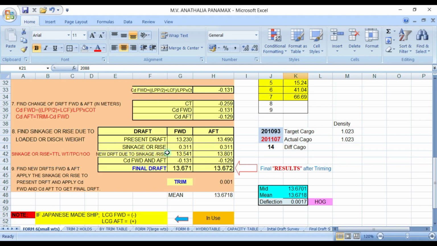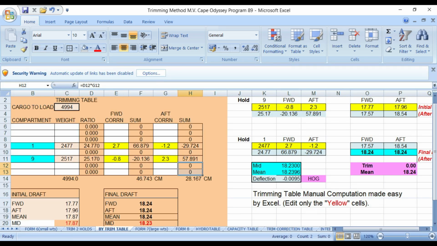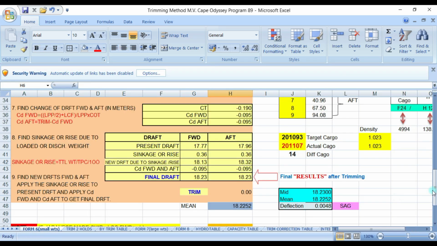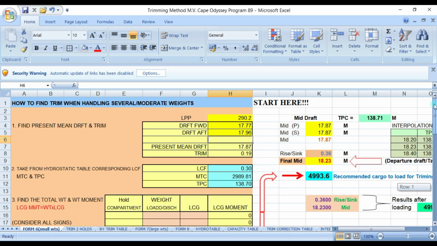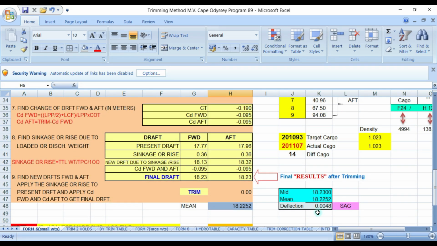That will be your Panamax, and your Capesize vessel would also be the same. Input here the forward and aft, your mid drop, and look at this. You have the same mean and mid, meaning you will have a zero deflection in the final computation, and you have the zero deflection and an even keel.